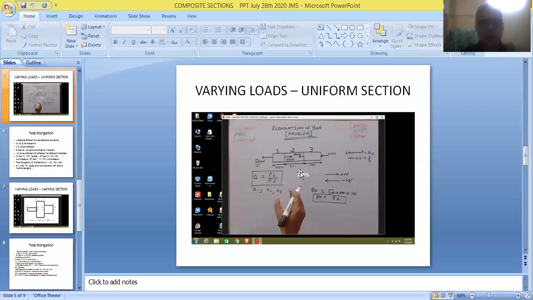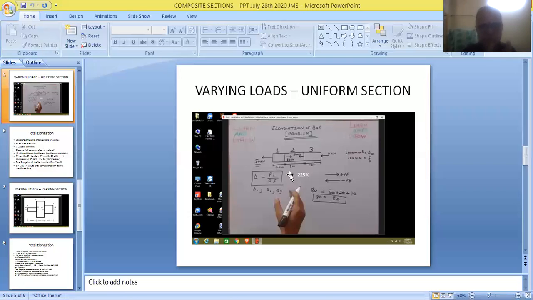And coming to the second component, friends, one force is acting in this direction and another force is acting in this direction. Find out the difference between these two loads. And finally, both the forces are acting in this direction. So therefore, according to the figure that is given in the problem, in the slide, we can take it for granted that the second part is also subjected to compression. So therefore, DL2 must also be taken as a negative value.